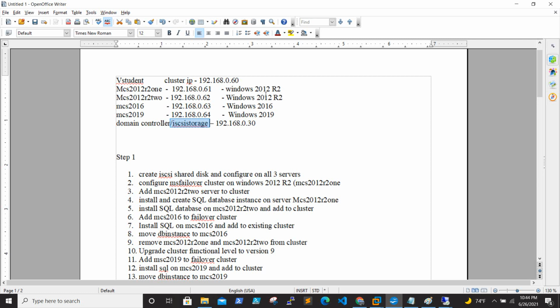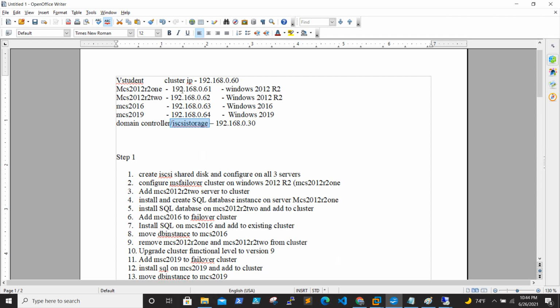That is important, because when you configure a failover cluster, if the firewall is enabled, it will show an error. As a basic step, I disabled it on all servers, and I have installed .NET Framework 3.5 on all the machines.